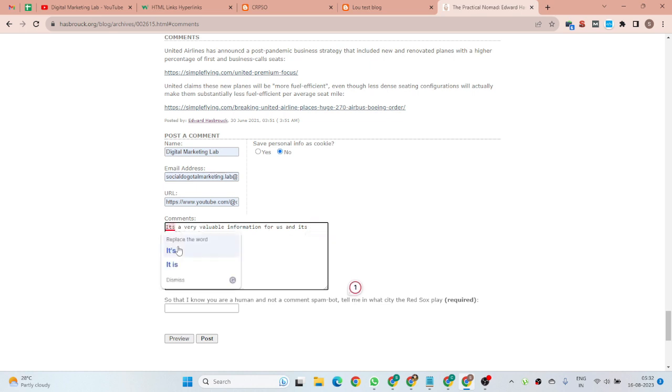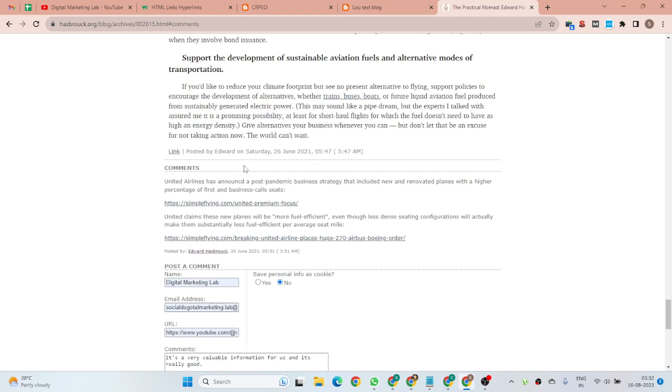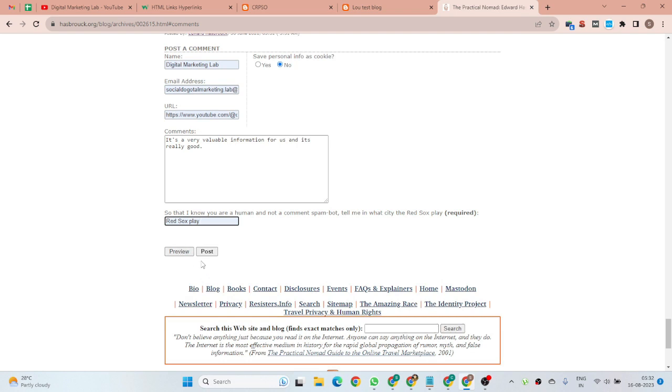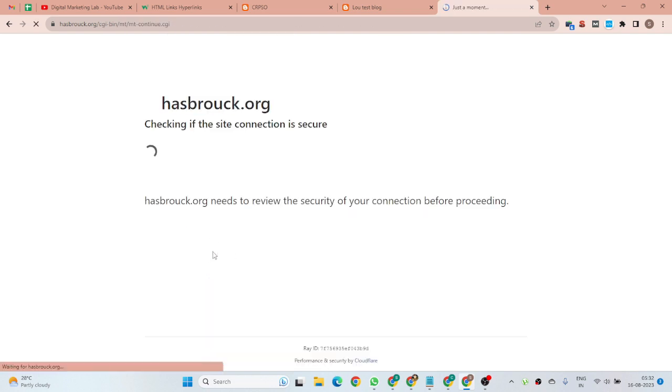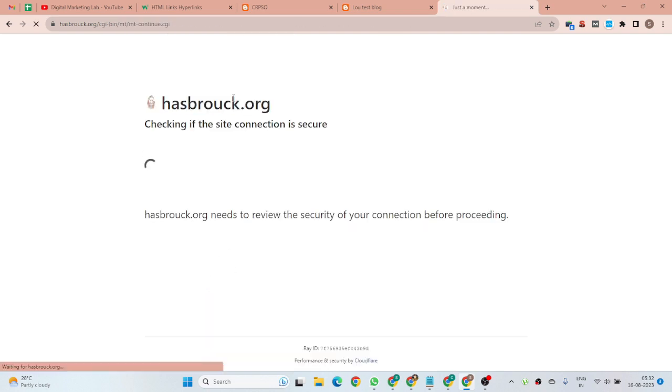That kind of comment you have to share in the comment section. Once you have done this activity, you have to click the post button.